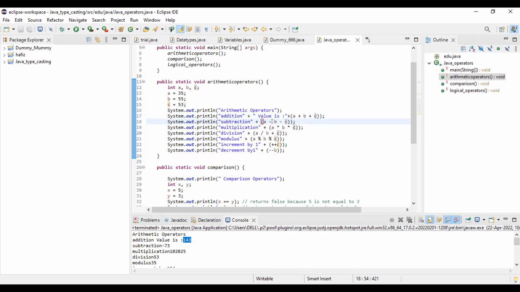Always remember that we need to know the BODMAS rule. What do you mean by BODMAS? BODMAS rule. So always first remember that